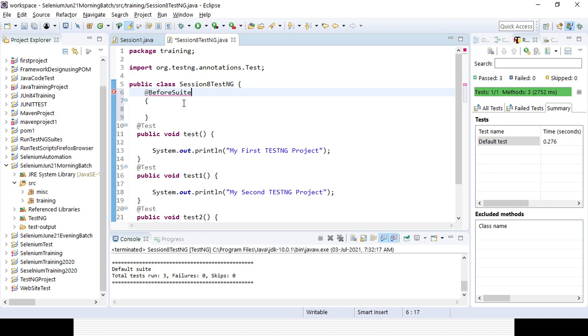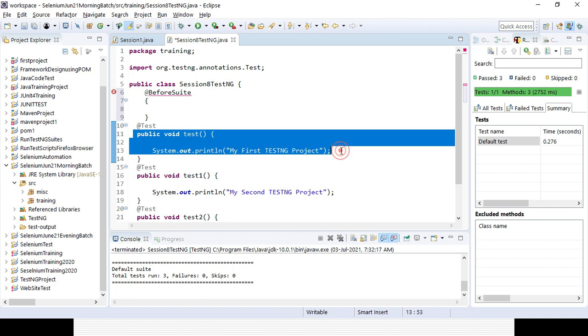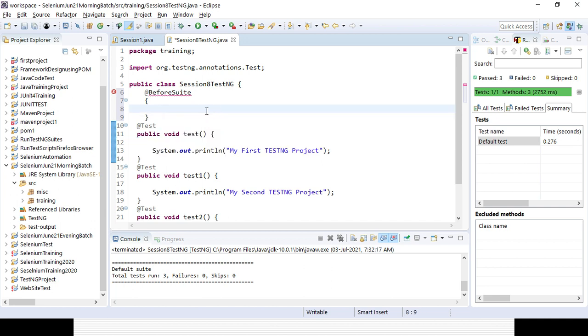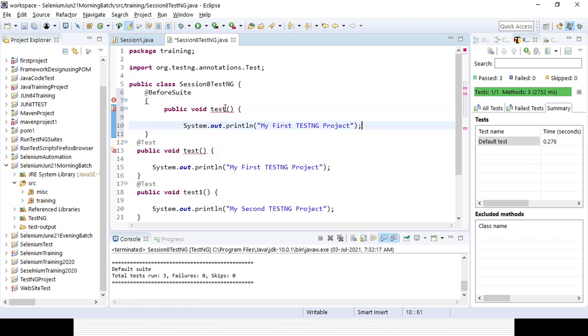So here, at the rate of before suite, I will be creating a method. Suppose the method name I am giving is beforeSuite.